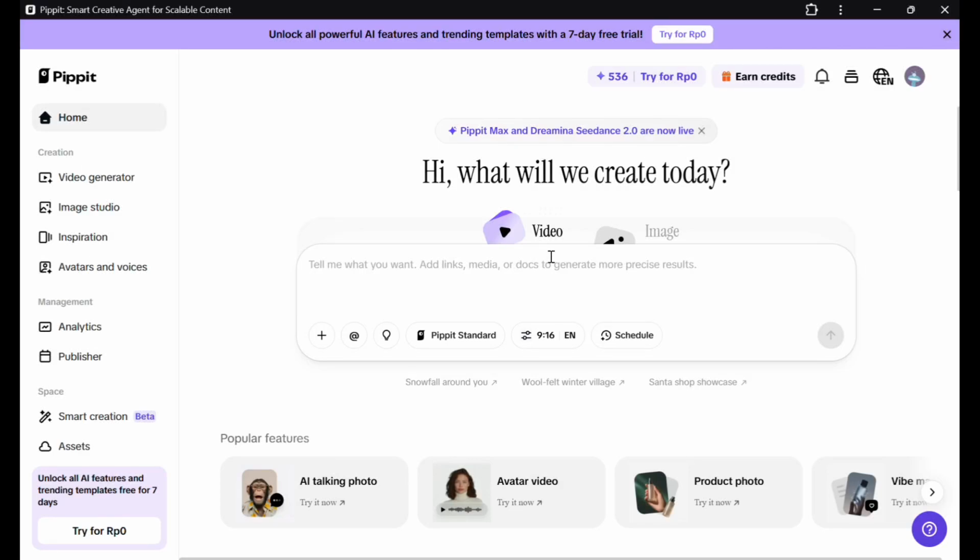In this tutorial, I will show you how to make cute clay animation videos with Pippit AI. Pippit AI is an AI tool that helps you create creative visual content faster, including AI videos with unique styles